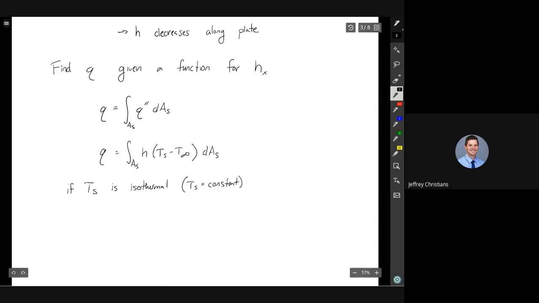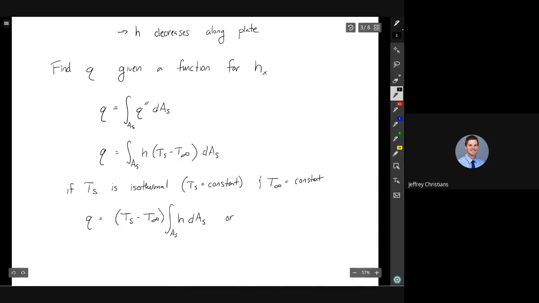So if TS is isothermal, so it's a constant, and T infinity, then this is simply TS minus T infinity, the integral over the area of H dA,